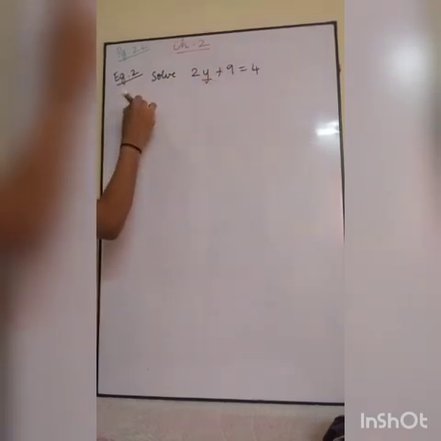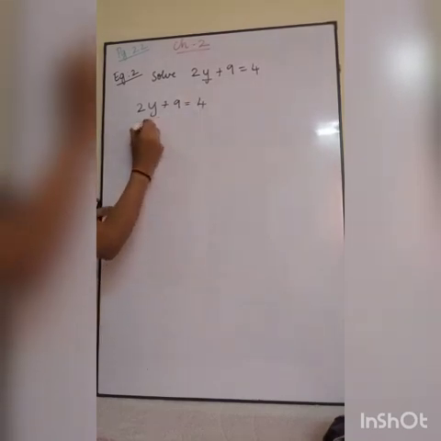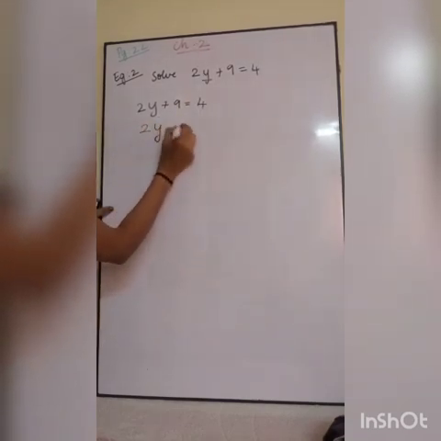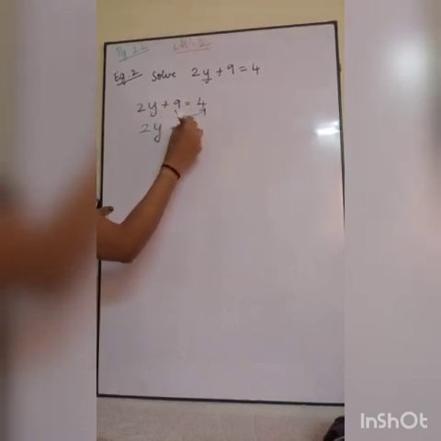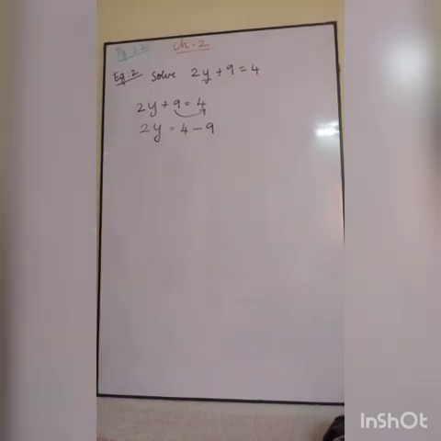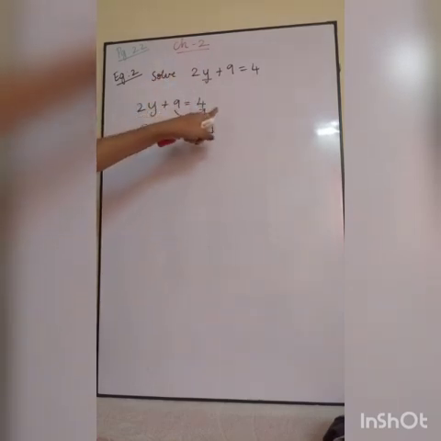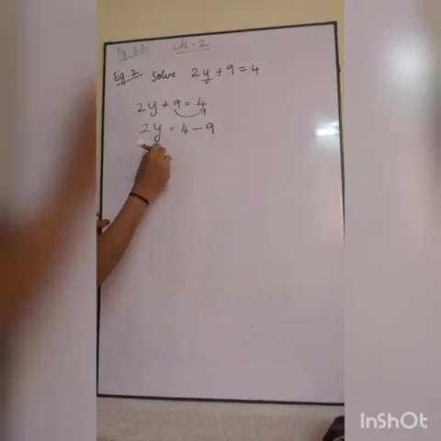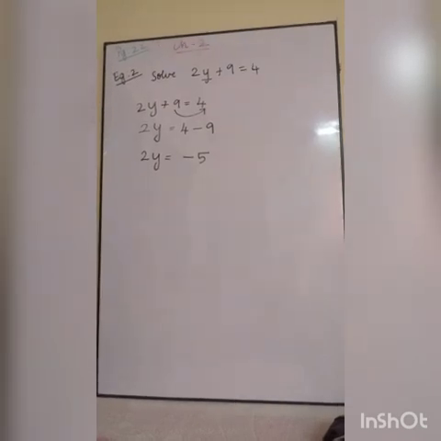Okay, what is my question? 2y plus 9 equal to 4. Right? Now, I want only 2y because y is what we need. I am shifting 9 to that side. Plus 9 will become minus 9. Did you understand? 2y alone I will keep on this side, and I will bring that to the other side. So 4 minus 9, then 2y equals 4 minus 9, which is minus 5. Because the greater number's sign is minus, it is minus 5.